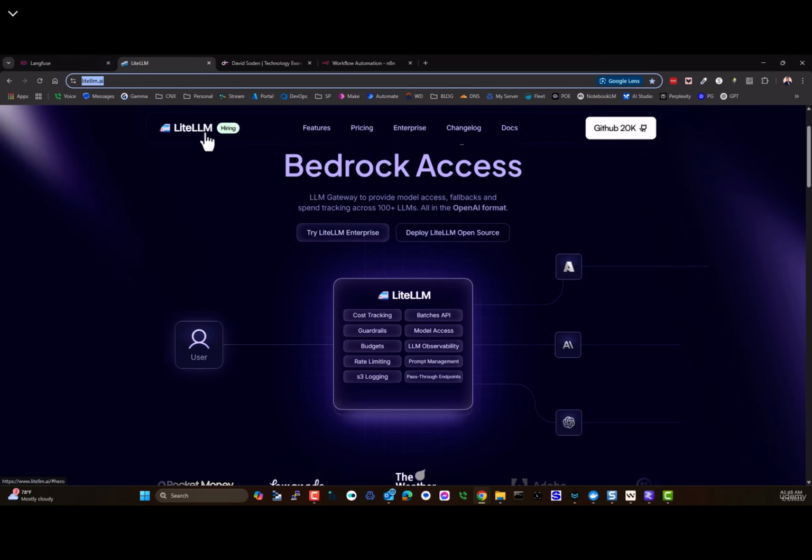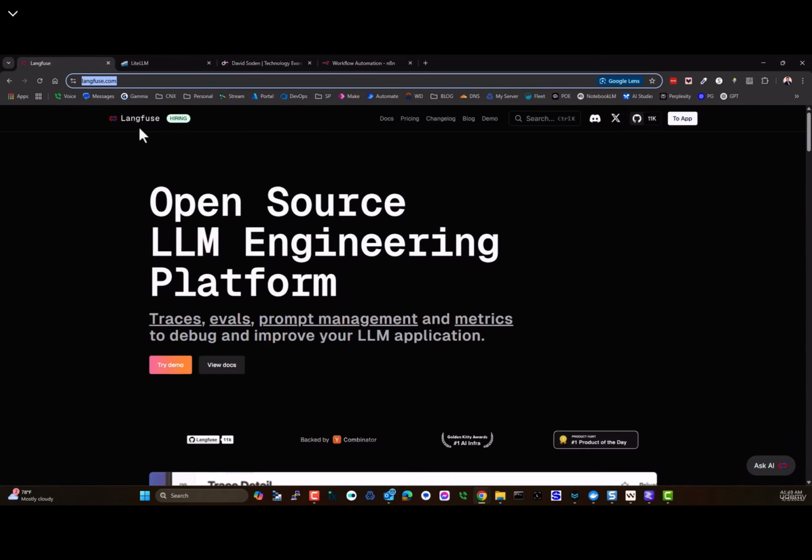So this is a great option. Additionally, inside of Light LLM, you can configure this optional and additional governance tool, which allows you to really get down into the nitty-gritty. You can trace on every single prompt, every single thing. You can eval, you can get metrics, you can debug your app, all kinds of really cool things that you can connect to. If you're a programmer, all of this stuff can be done in code, but this all can